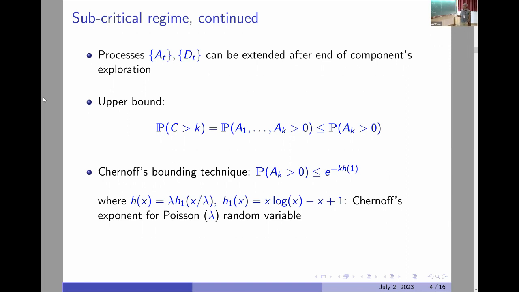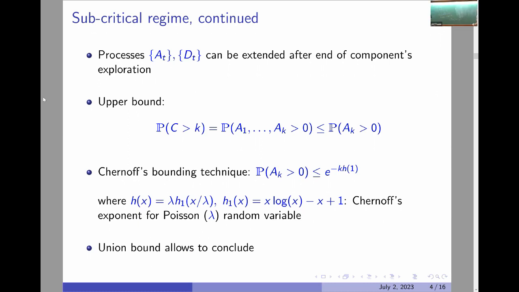And so I get that the probability that C has size larger than K is upper bounded by e to the minus K h of 1. And h of 1 is going to be positive when lambda is less than 1 by my Chernoff bound. Okay, so now I'm ready to prove the first part of that theorem